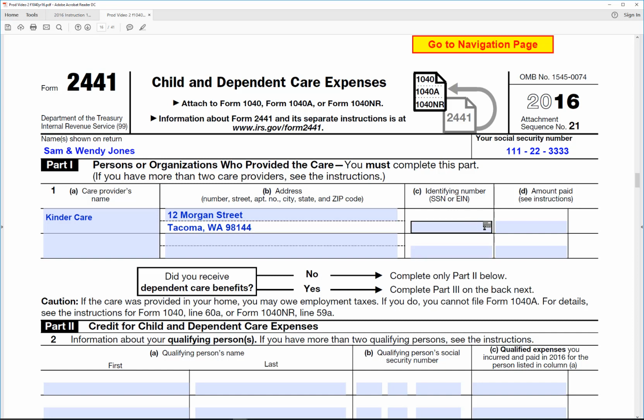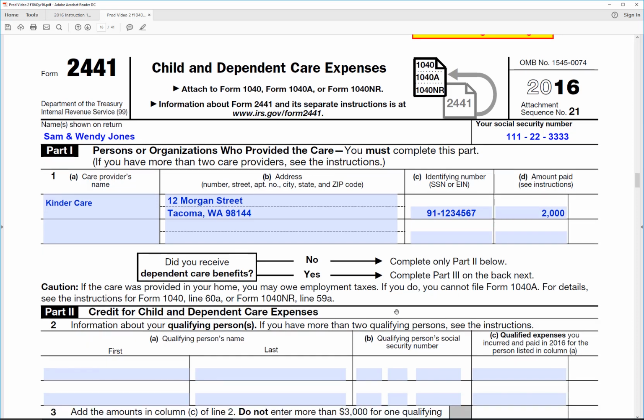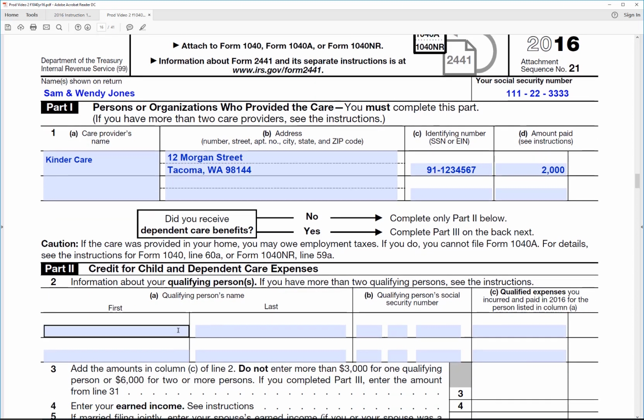And we also need the ID number for KinderCare, which will say that is that, and we'll say that they paid $2,000 in child care expenses this year,